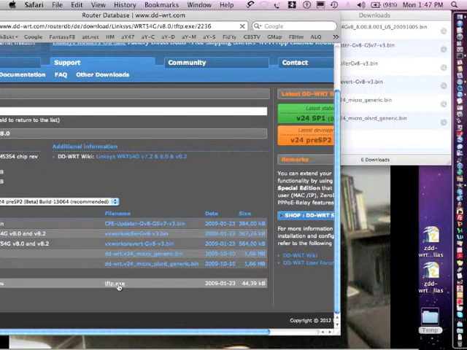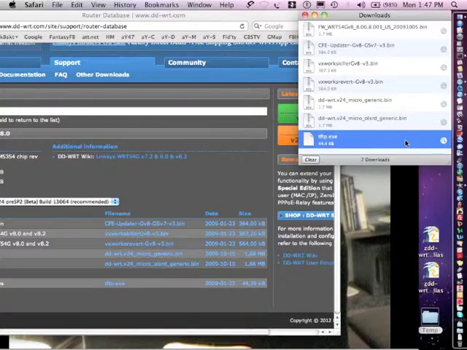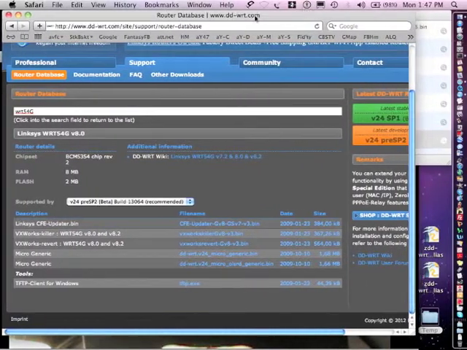And although we don't need it, I'm going to download it just to show you that we can download Windows executables onto a Macintosh without fear of breaking something. They won't run, but we can download them. Okay, so now we're going to go back to our router,